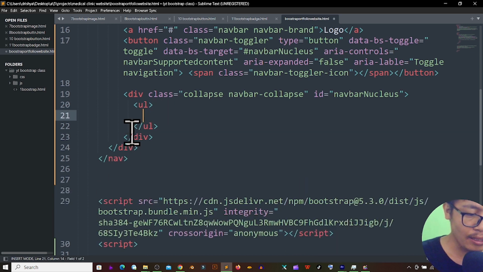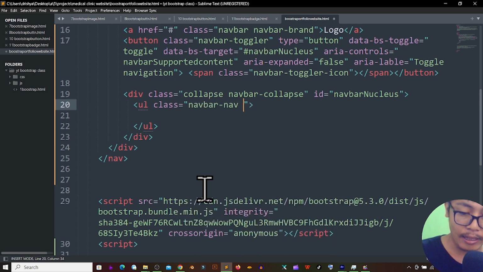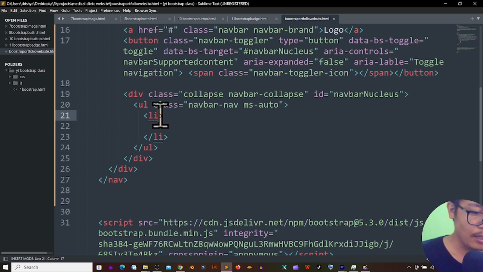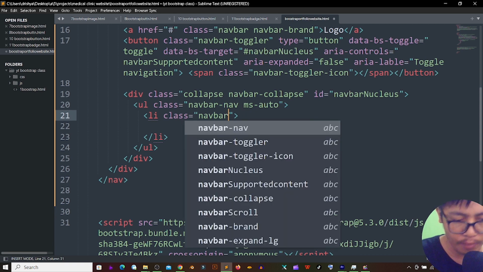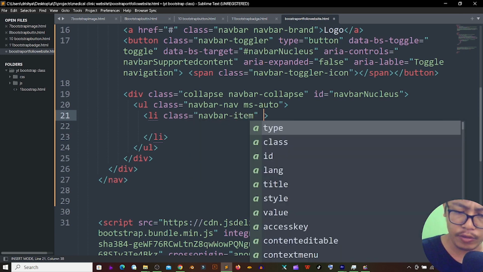After that I'm creating a ul. Inside the ul I am giving a class, that should be navbar-nav ms-auto. Then after that I'm creating a list item. This list item should contain a class, navbar-nav, again ms, sorry, nav-item. Then after that you have to give